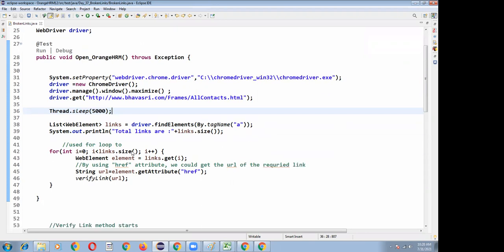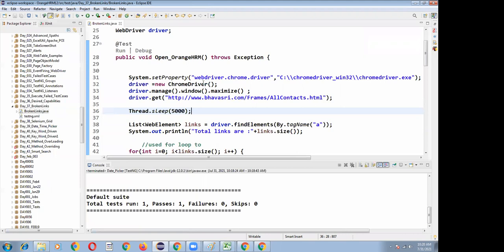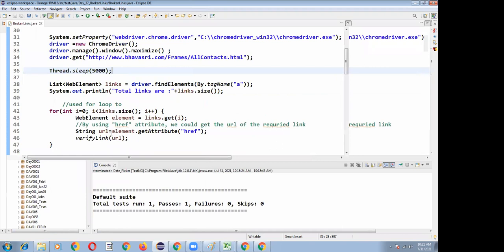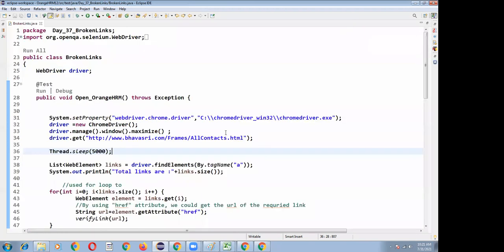So we can ensure that whatever hyperlink is not working, that hyperlink will be called a broken link. If it navigates properly to some other page and you are able to download some content, that hyperlink is working properly. In case you are getting a file not found exception, something like that, we can call that hyperlink a broken link.